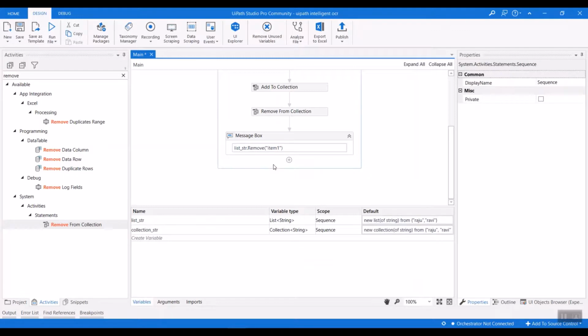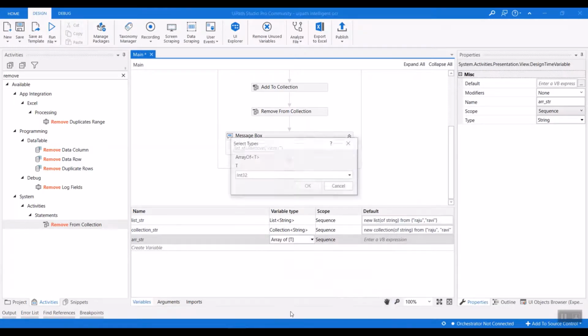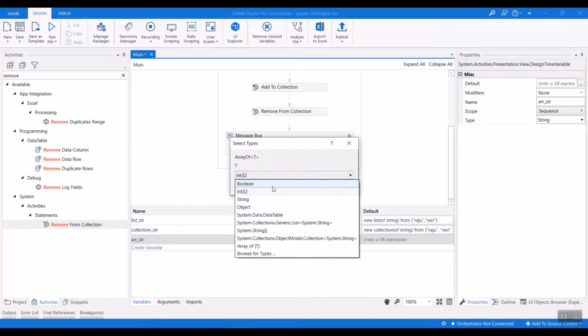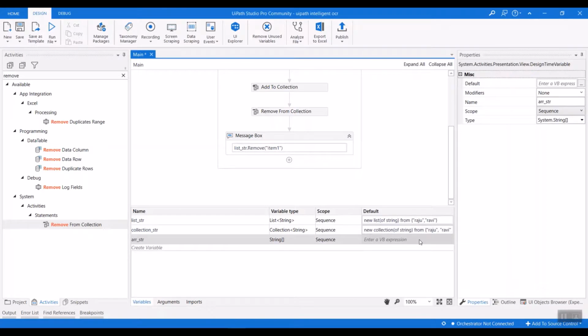So this is all about list and collection, and we can create the array also here. So let's see about array. Just define array of string. So change the variable type to array of, select the type string. And here, as I told you, by default there's no need to declare the array like we declared for list and collection, but you can directly give the default values here, like array of Raju, Ravi.